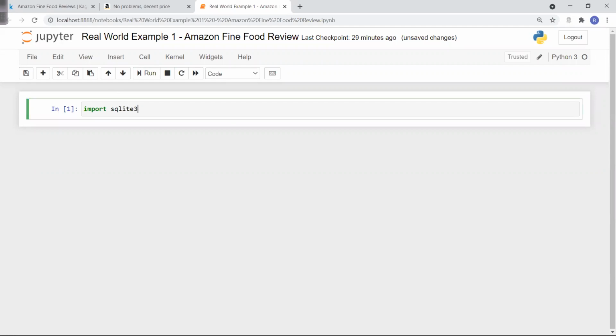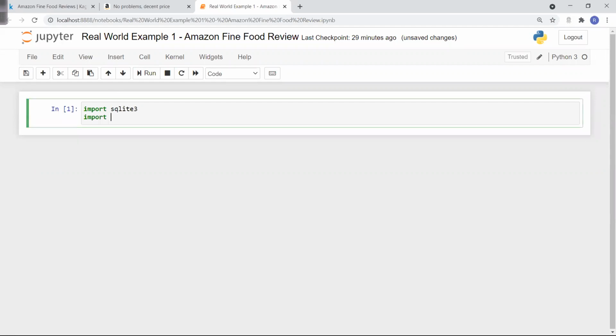In the same way, we have one more package which I will need, which is Pandas. Pandas is a very powerful package which helps me connect to data from any source, for example an Excel file, CSV file, XML file or SQLite. All these can be connected using Pandas.